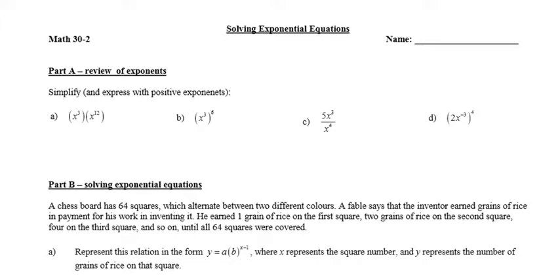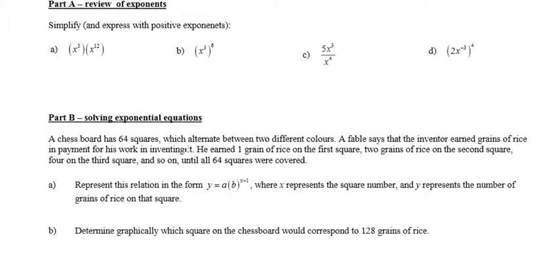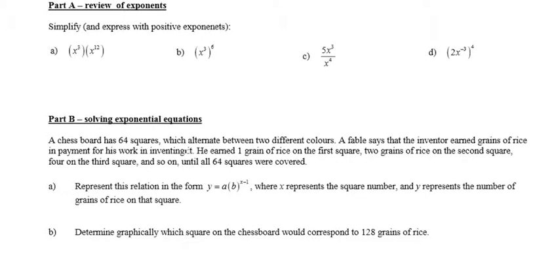So, solving exponential functions. Start with a quick review of exponents. Simplify and express with positive exponents. When we multiply powers with the same base, what do we do with the exponents? What do we do with the 3 and the 12? Add them, right? So when we multiply powers with the same base, you add the exponents, and we get x to